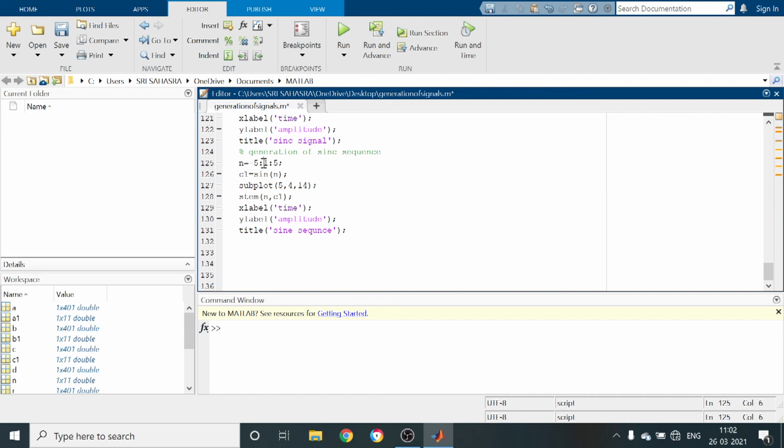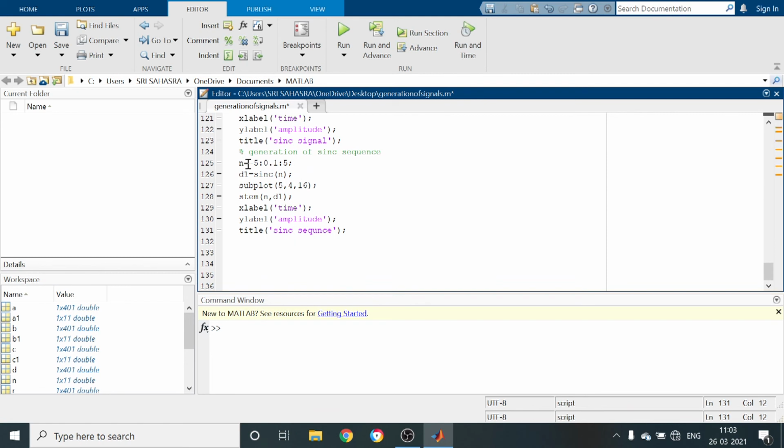I am going to take -5 to 5 as the time index with variation now 0.1, because in order to get the sync sequence clearly. Here I am going to use a variable d1. I am going to save the sync signal in d1. We use subplot 5 comma 4 comma 16th plot, stem n comma d1. Here we have to write sync sequence.